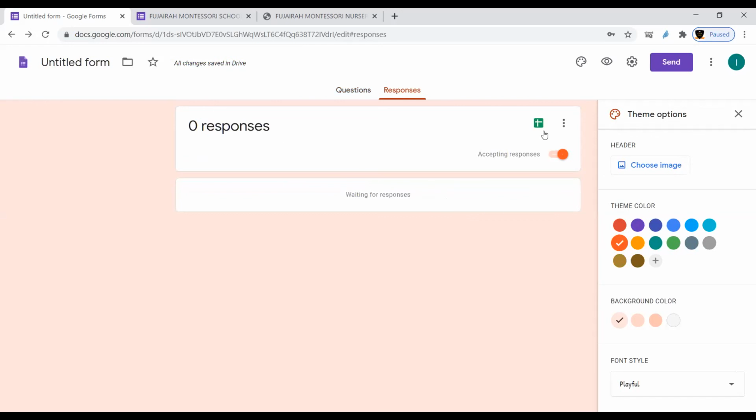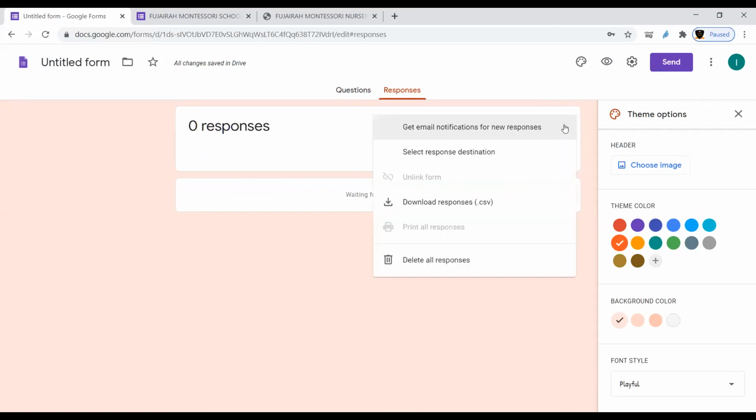And those responses can be downloaded into an Excel file. What you have to see here is 3 dots over there. Once you click on the 3 dots, you'll find the option, download responses. Once you go for this download responses, it will download the whole response in an Excel file in the same fields that you have generated in the form. So I will show you that also.